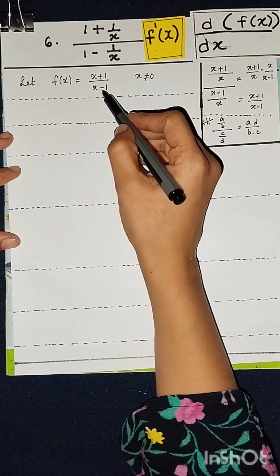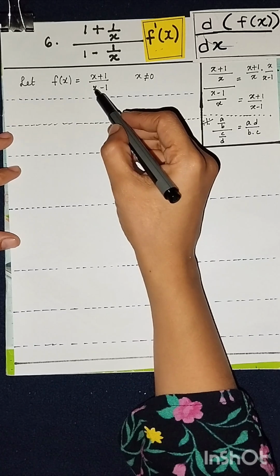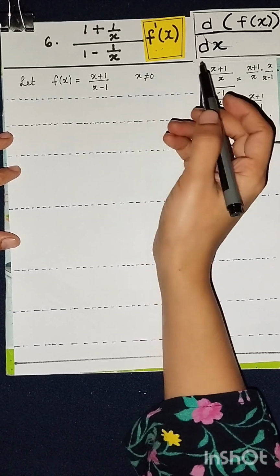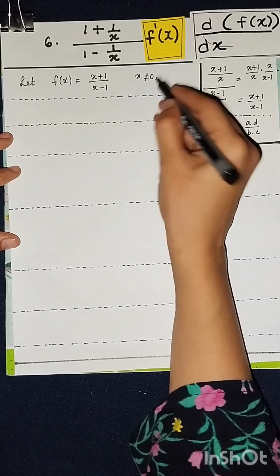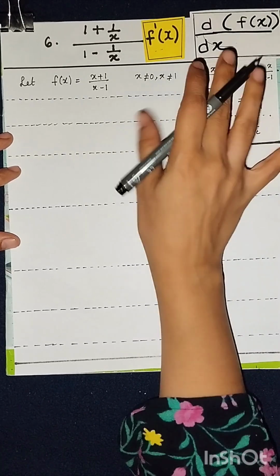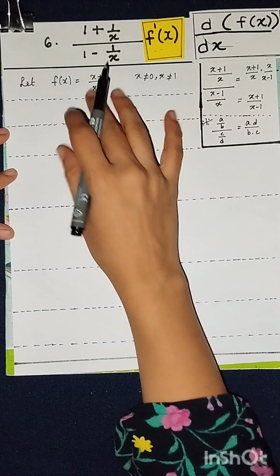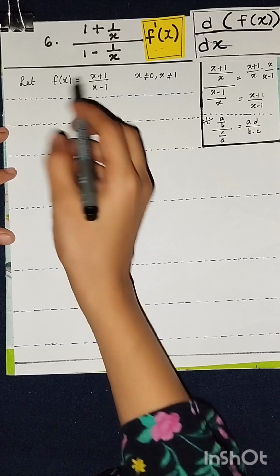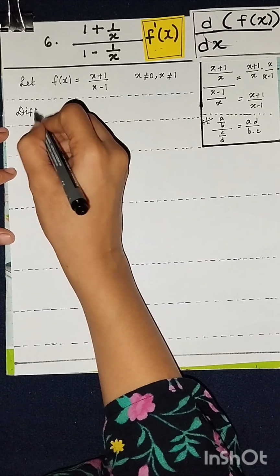And in this case, you should not give x equal to 1, because if you give x equal to 1, the denominator will become 0, which is undefined. So x should not be equal to 0, and x should not be equal to 1. So with this condition, let us differentiate both sides